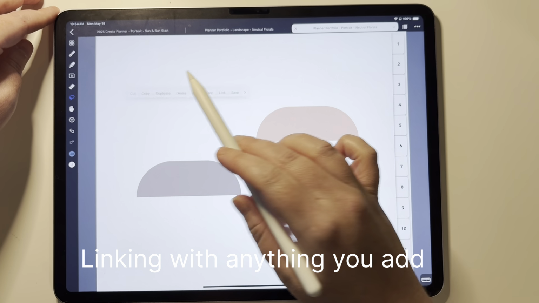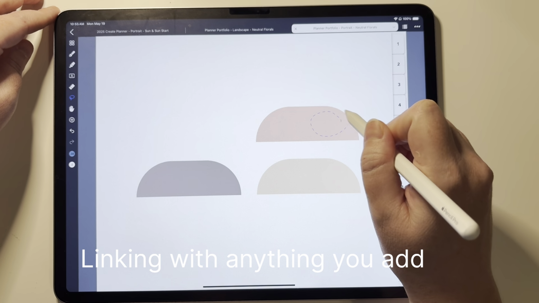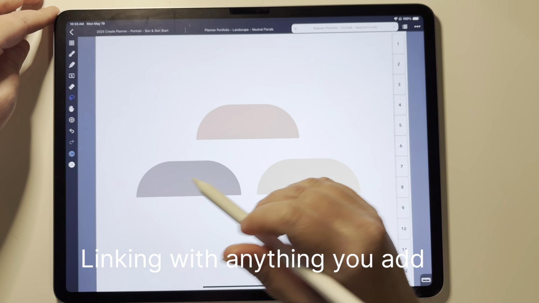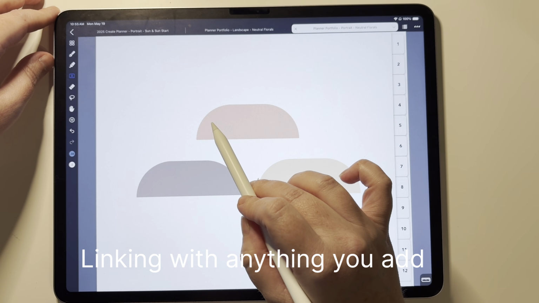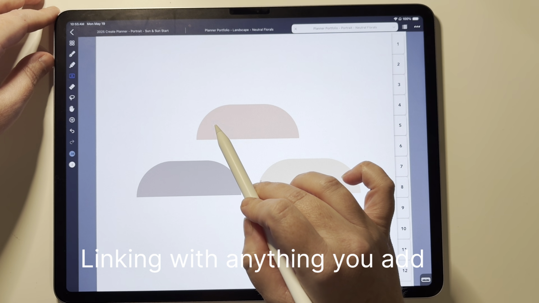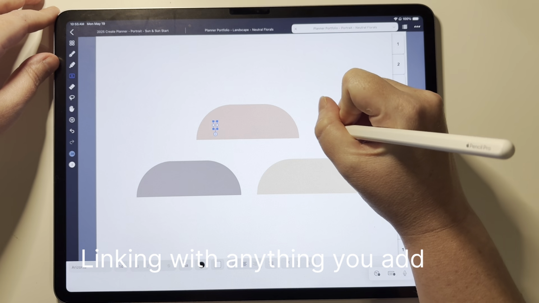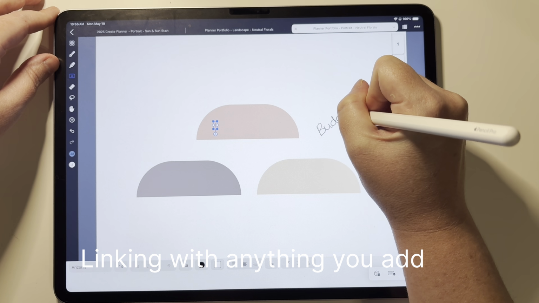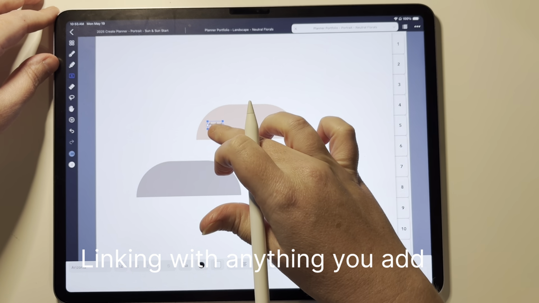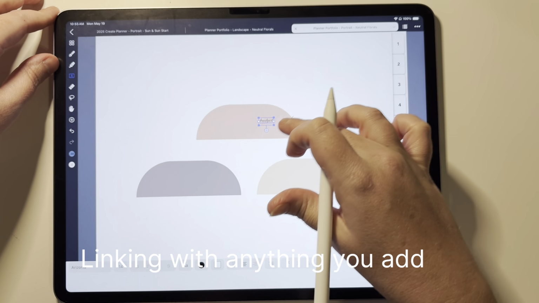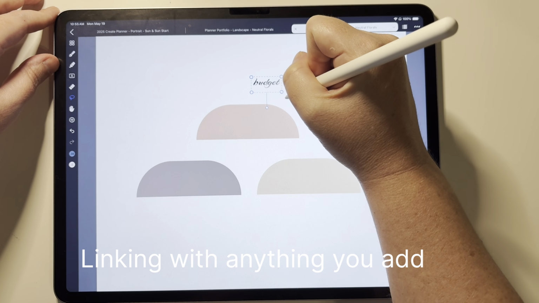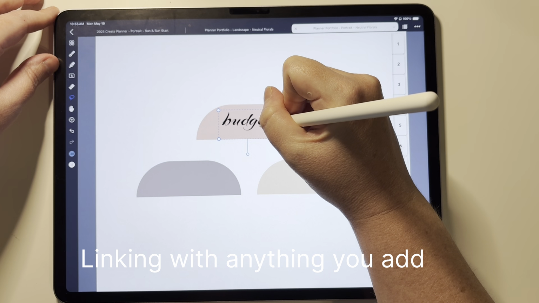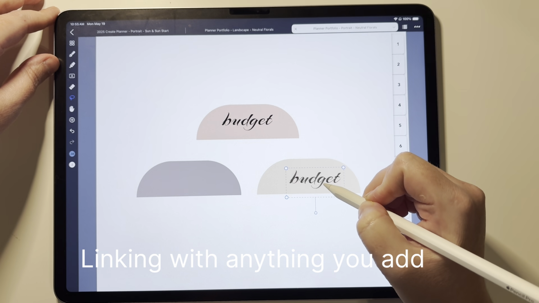I'm going to get rid of this black one just because it's easier for me and you guys to be able to see exactly what I'm doing. So for mine, I use them for my budget. So we'll write budget and we will make that a little bit bigger. Budget. Then we'll duplicate